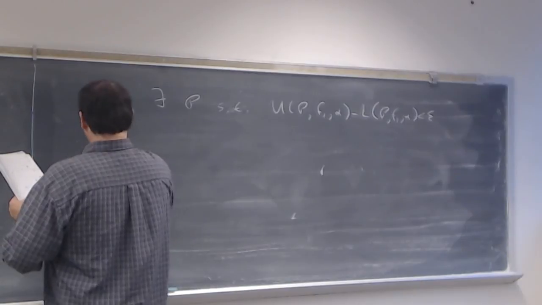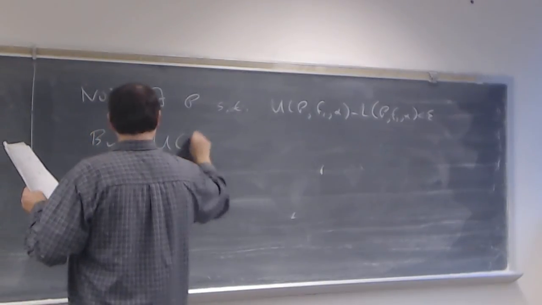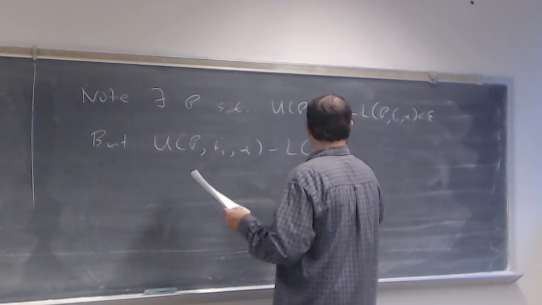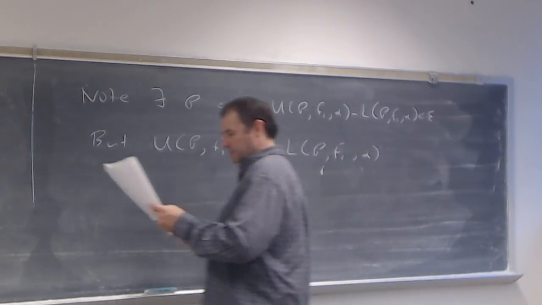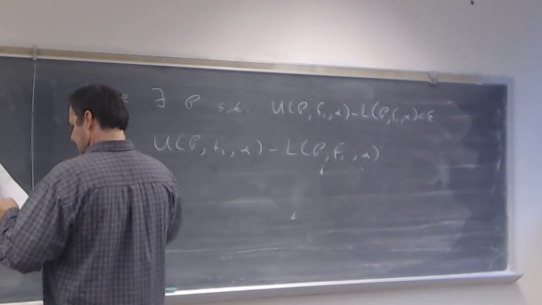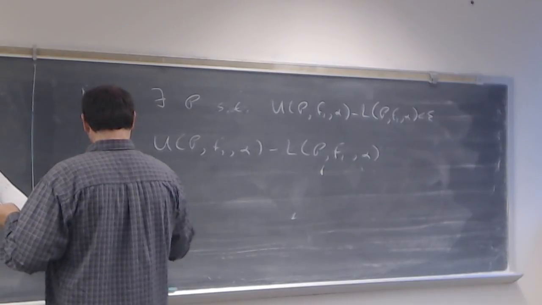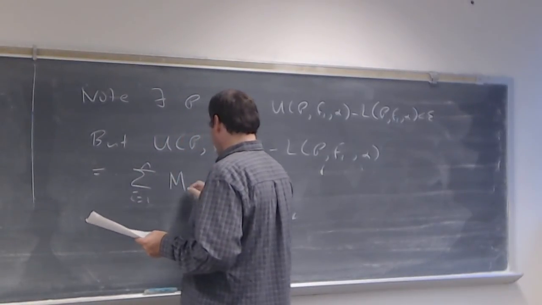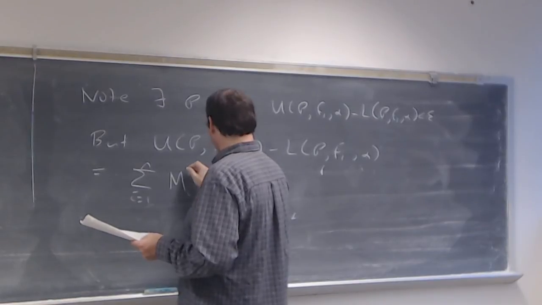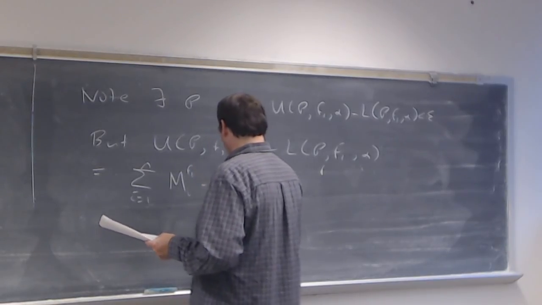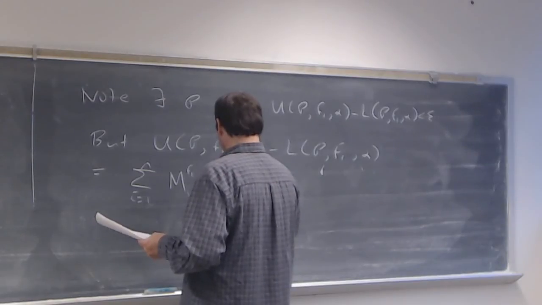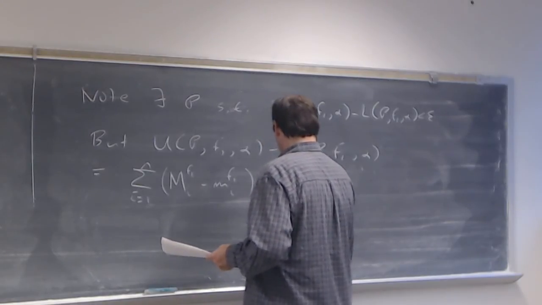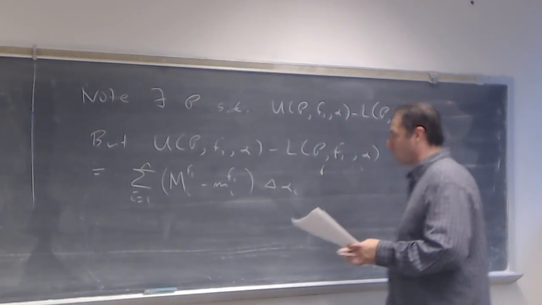Now, we'll notice that the upper sum with this partition, F sub 1 and alpha, minus the lower sum with this partition, F sub 1 and alpha, is equal to the sum, as I run from 1 to n, of the supremum value over the subintervals with respect to F sub 1 minus the infimum for F sub 1, times delta alpha sub I. That's its definition, which is equal to,